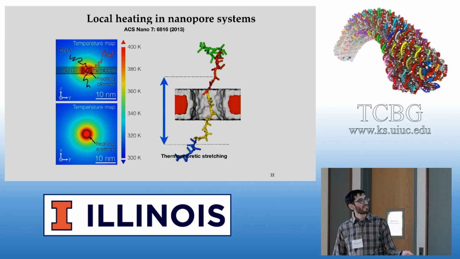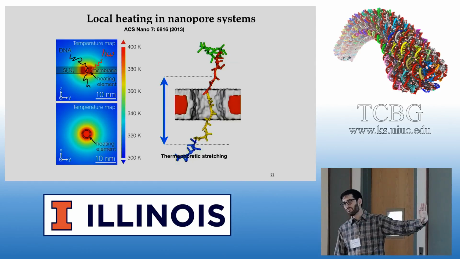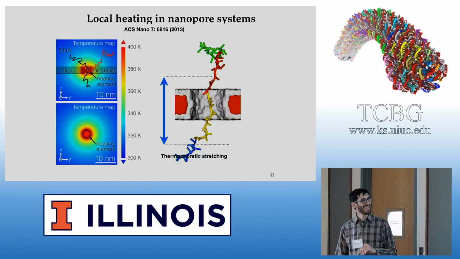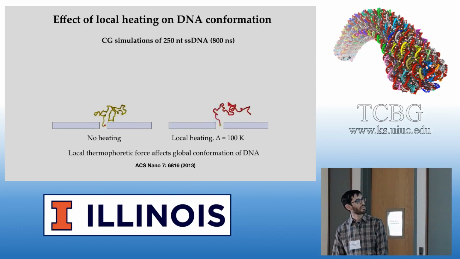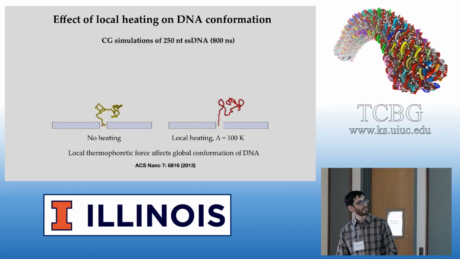And this isn't my project, so I don't know all of the background behind thermophoresis, so I won't be able to answer complicated questions about it. But what we saw in our all-atom simulations is that there was a piconewton level force on the DNA. These were pretty high temperature gradients actually. But we thought that was interesting, so we went to a coarse-grained model again,